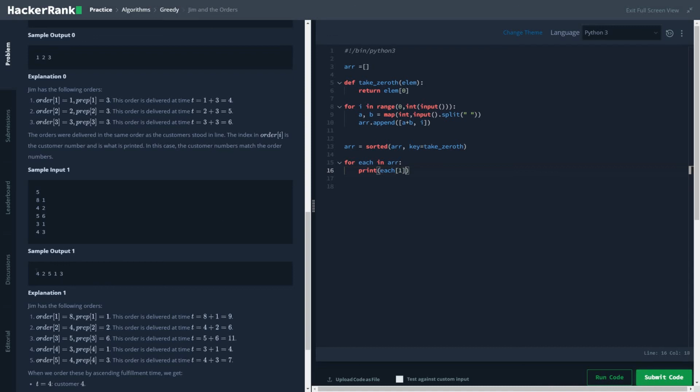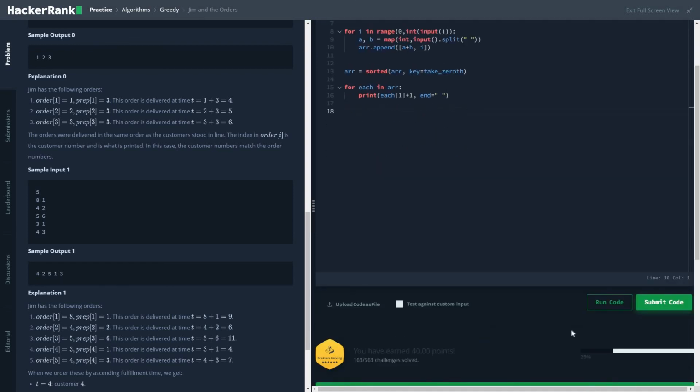Generally our array indices start from 0, but here the orders are numbered from 1, so we will increment every value by 1, with end equal to a space so that the spacing is maintained, and I guess it would be good to go.